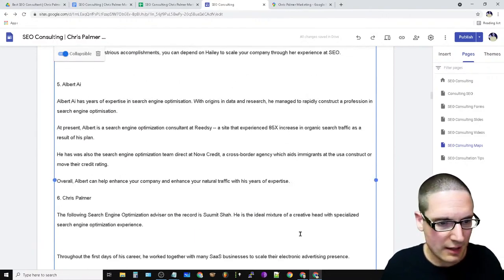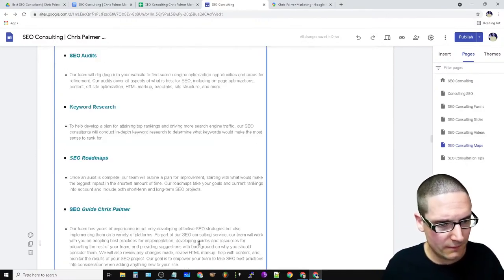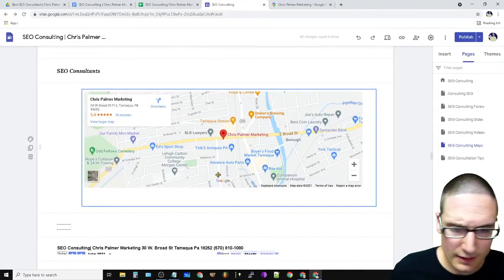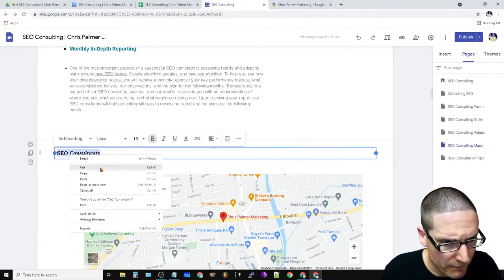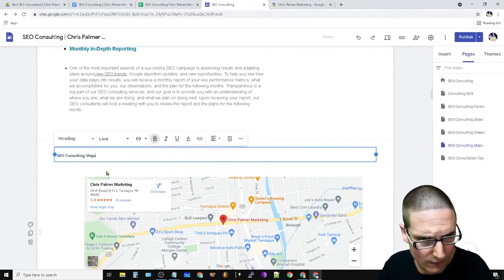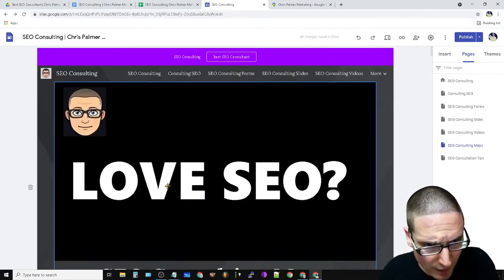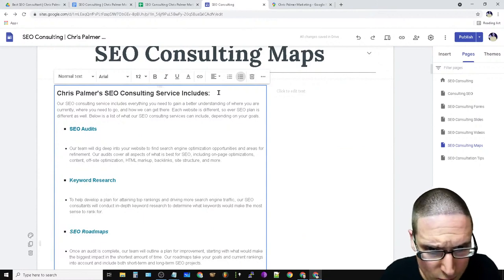It looks like I was hiding some text in there. That's fine. That can stay there. That can stay there. We have our map here. This we want to add in here. In our body text, we need to make sure we repeat it again.